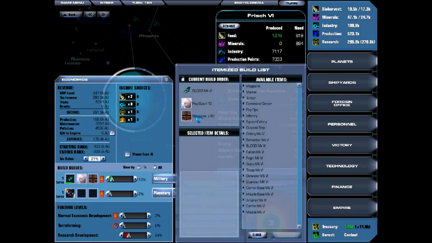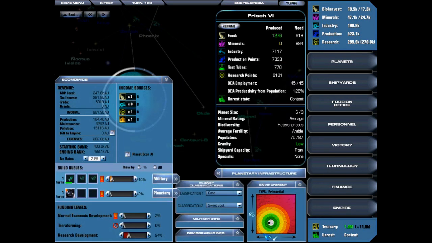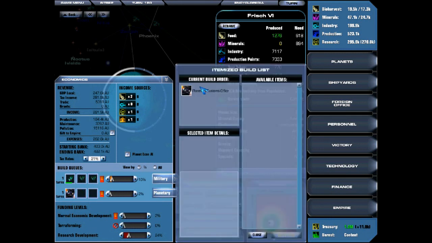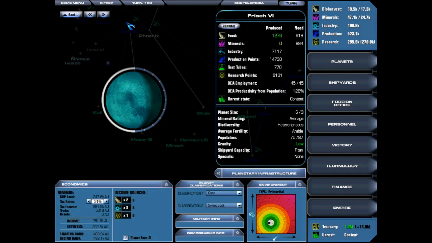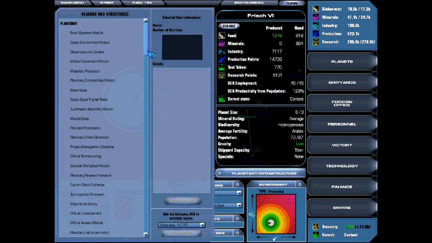Frisch, what are you doing? Still building those. We'll have some troop 6s getting built. What are you actually building? Planetary Customs Office, which is an improvement that we are interested in. What I'm actually considering on this, I'm getting rid of some of the bioharvest and doing things there, but I think...